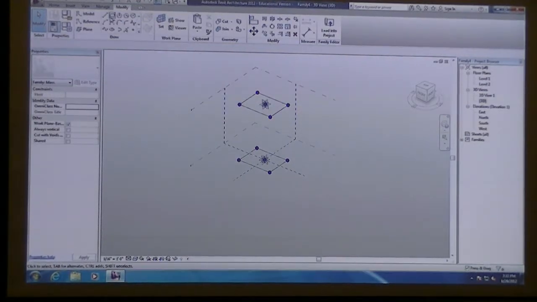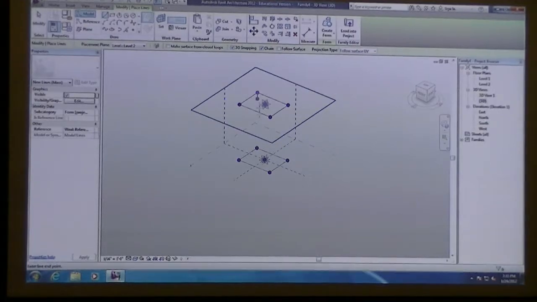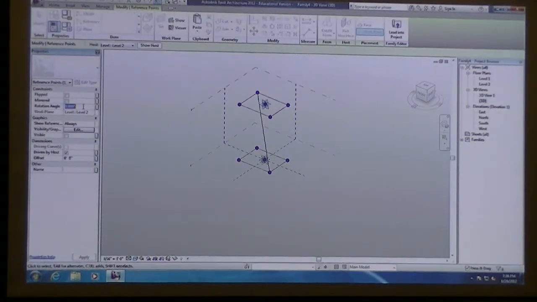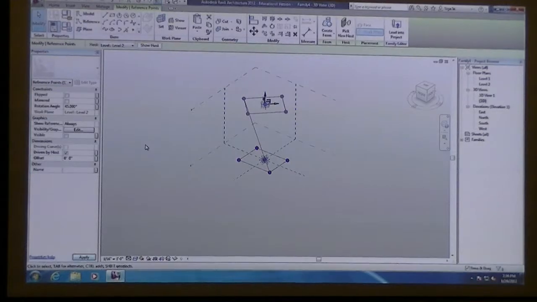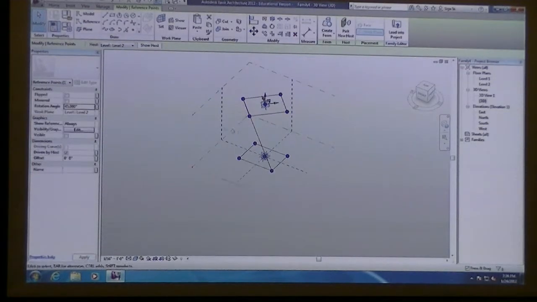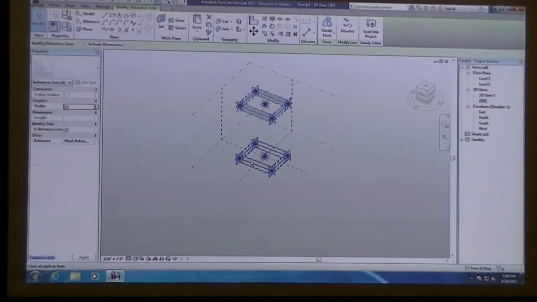So what you're asking is if you click on a line and made a model line and make sure 3D snapping is on, you could connect one point to the other. And if I take this point and rotate it, okay, you see how the line also moved with it. I'm going to delete that model line.